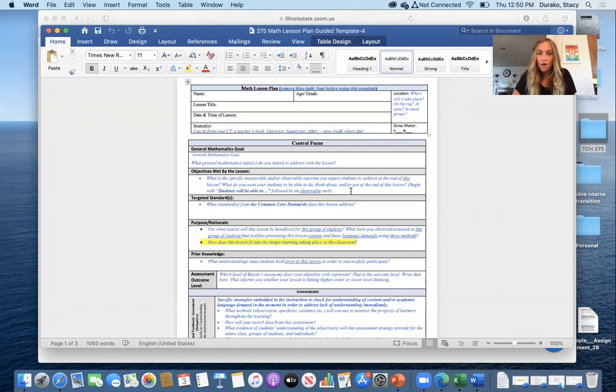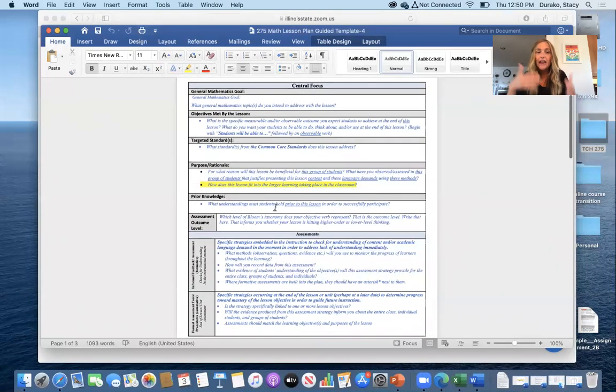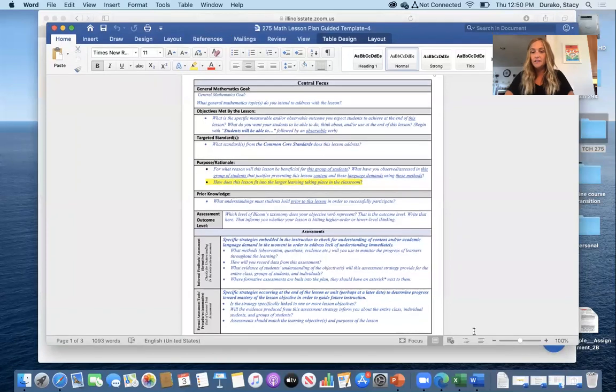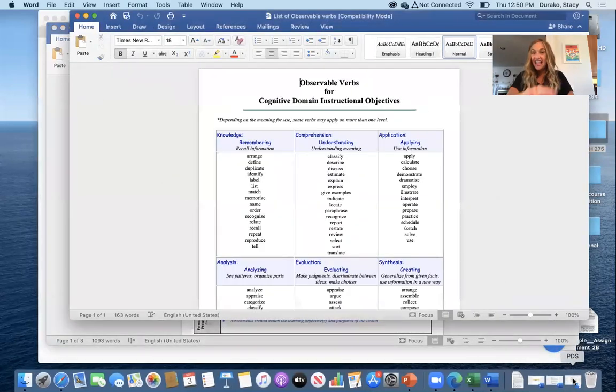Okay, simple and straightforward. The standards, and now your purpose for rationale. So why is this lesson going to be meaningful for this group of students? What have you observed, or have you done a pre-assessment to lead you to this point? So how does this specific lesson fit into the larger learning taking place? So remember, what prior knowledge are students going to need to activate for this? And then the assessment outcome level, that's when you can reference that chart again and decide what level of Bloom's